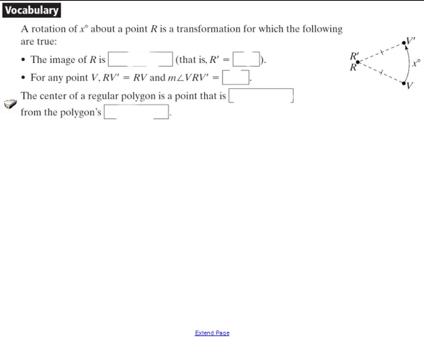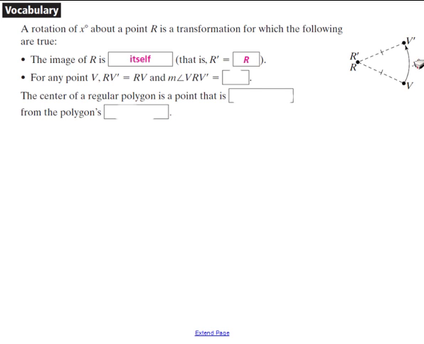So if we think about this point R, if we were to rotate about the point R, that point wouldn't go anywhere, right? So the image of R is itself when R is the point that we're rotating about. Think about if we were to take a piece of string from R to V, and we were to take a pin and put it through the piece of string on this end and tack it to a board or a piece of paper or something like that. We could then move V